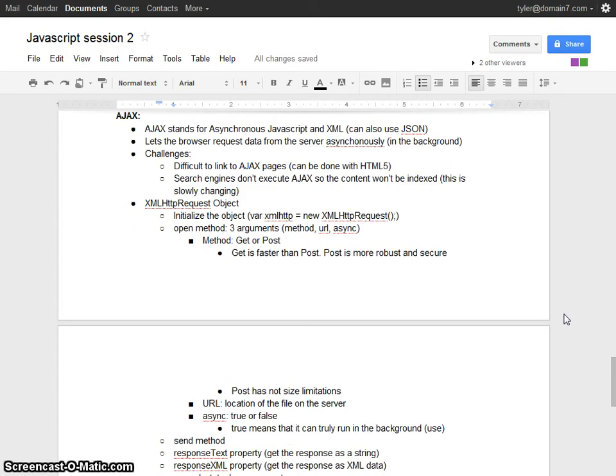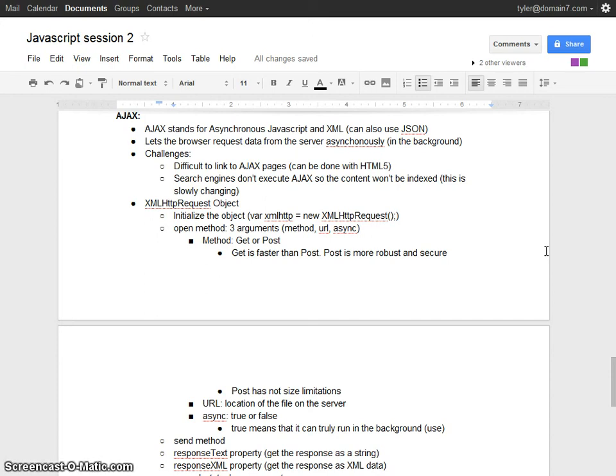So moving on to AJAX. AJAX has kind of taken over the web, and so we'll talk a bit about how AJAX works, but I won't get into too many examples of how to use AJAX, and instead we'll wait till we're dealing with jQuery and look at it then, since there are good libraries for dealing with AJAX rather than dealing with it directly with JavaScript. So AJAX stands for Asynchronous JavaScript and XML. And instead of XML, you can also use JSON.